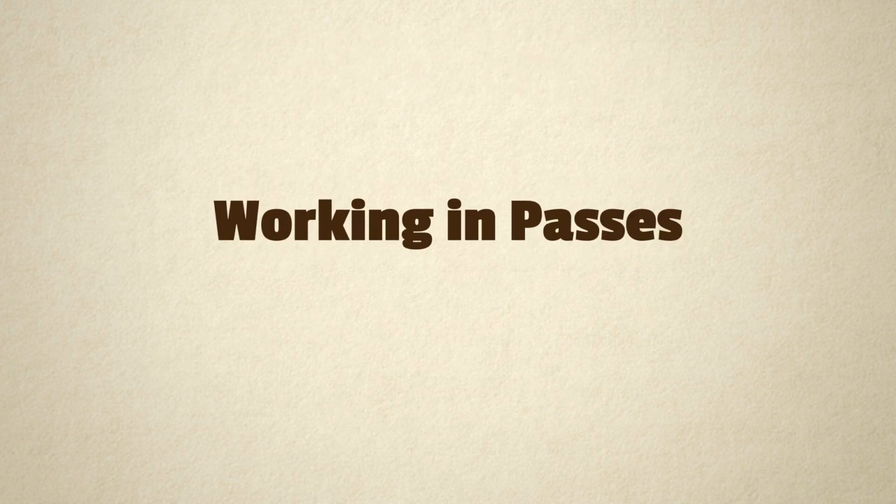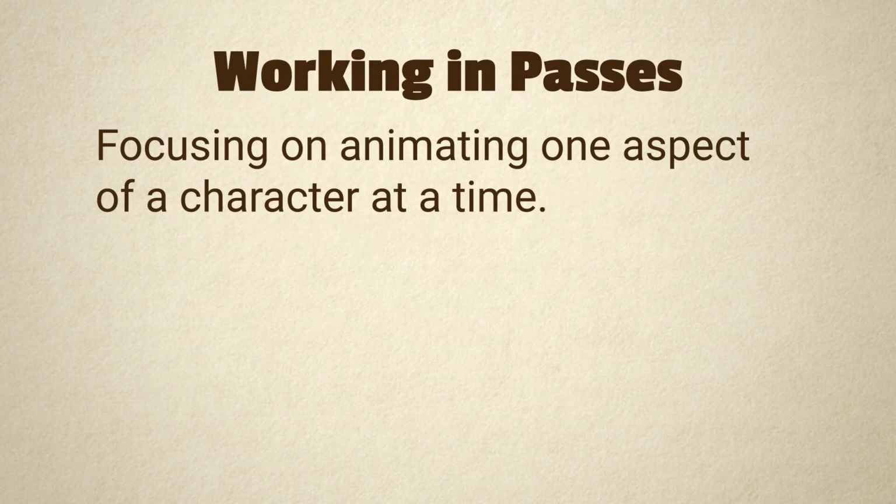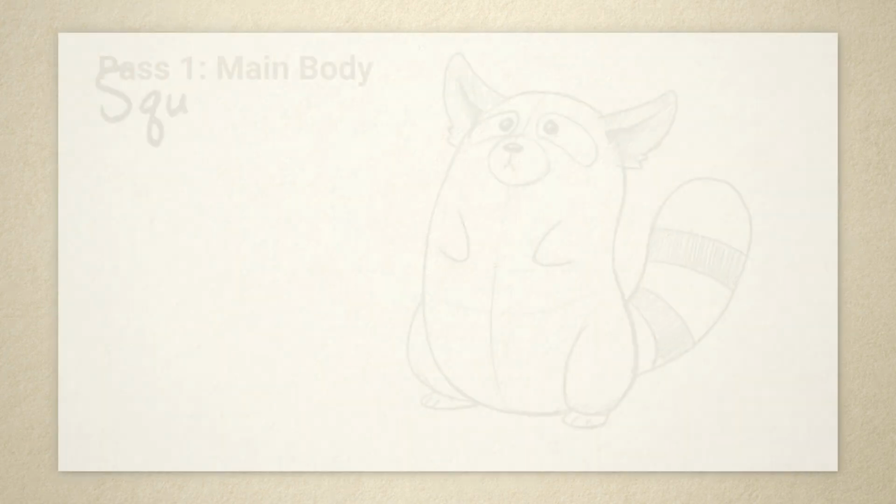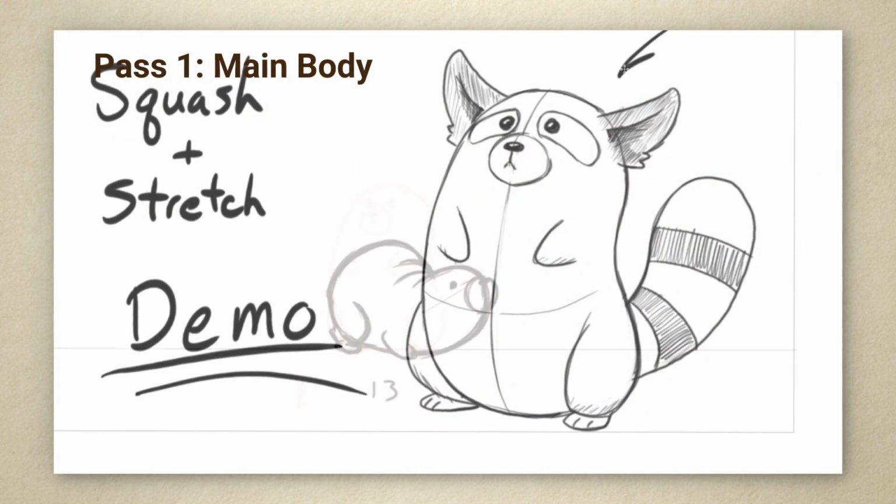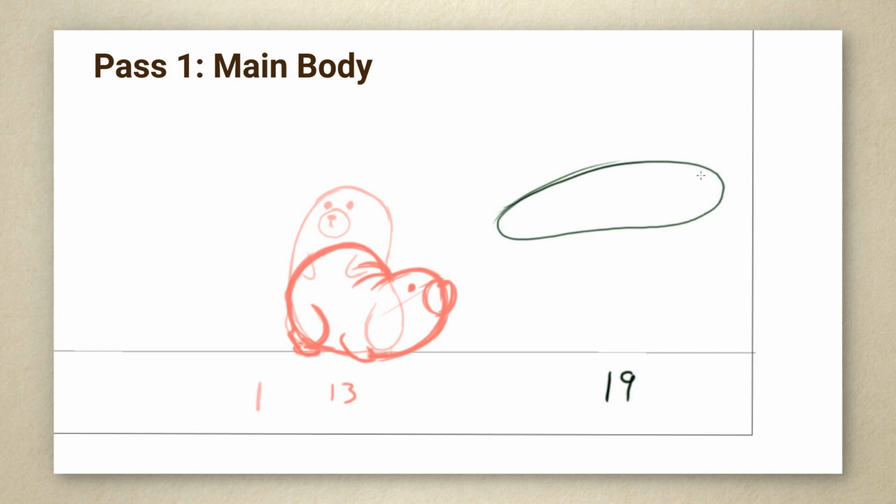Before we dig too far into animating, I wanted to talk about working in passes. This is a strategy that will help you make fewer mistakes and make your animations richer and more nuanced. Working in passes means focusing on animating one aspect of a character at a time. You already saw me do this with Tony the Panda in the 12 Principles lessons. In Squash and Stretch, I started by just animating his body. The main mass of your character is a great focus for the first pass, because everything else will be affected